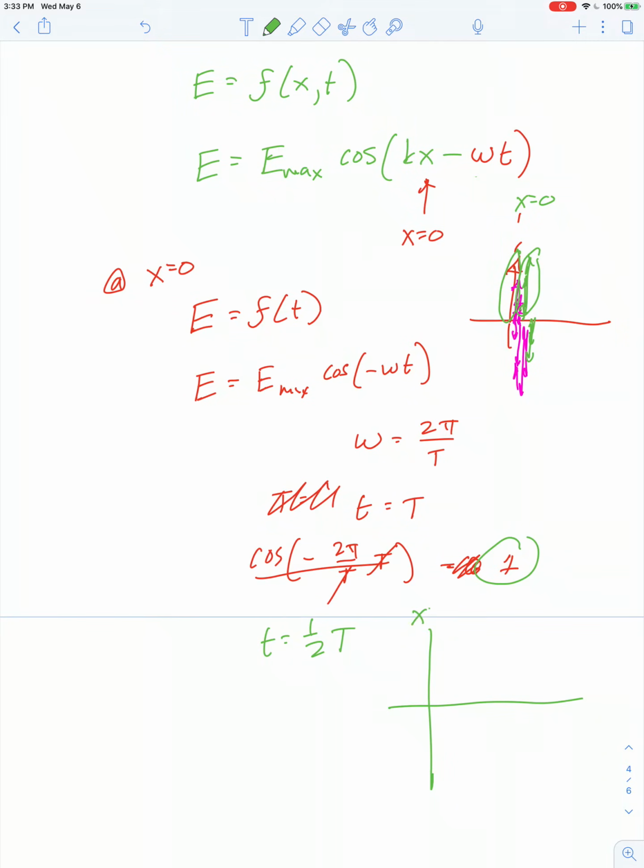Then right here at the origin at x equals 0, the electric field starts out with its maximum value at time t equals 0, and then a little later it's shrinking, it's shrinking, it starts growing in the reverse direction, and boom, this has been 1/2 of a cycle, and we would have the cosine of negative 2 pi over T times 1/2 of a period. The 2's cancel, the T's cancel, and we're taking the cosine of pi over 2, which gives us